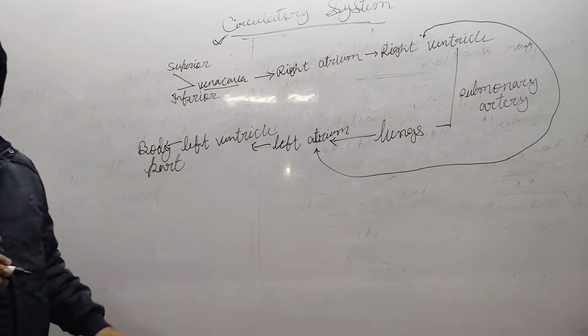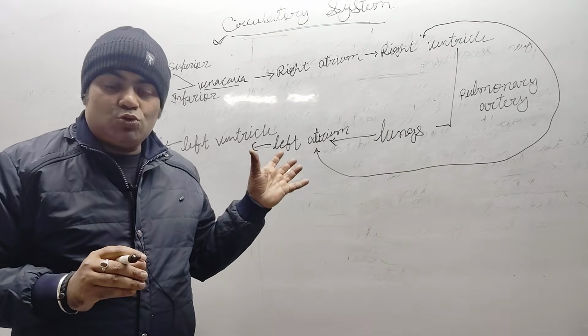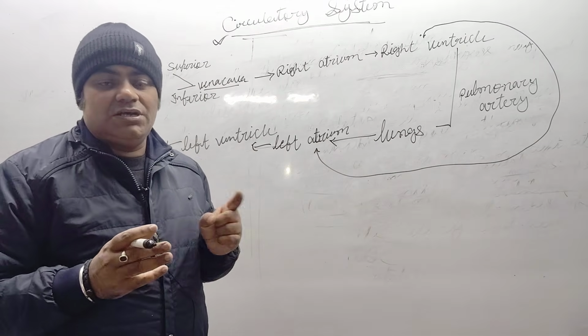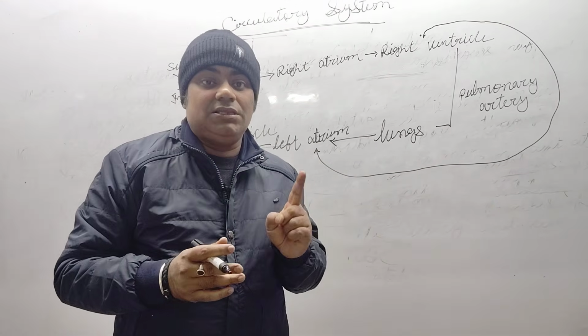अब इसके बाद ब्लड अलग अलग हिस्से में पहुंचता है. For example the liver and the kidney, where the blood is actually